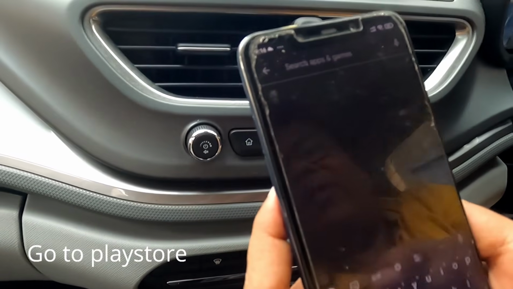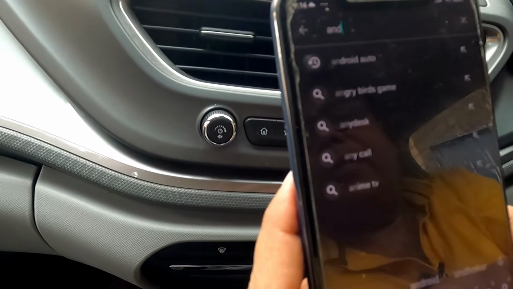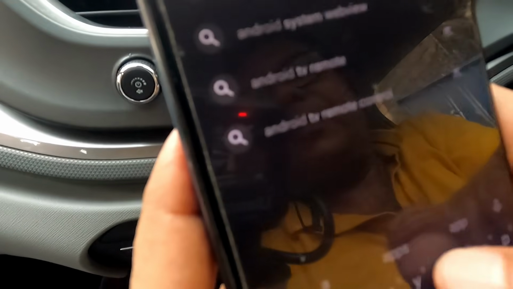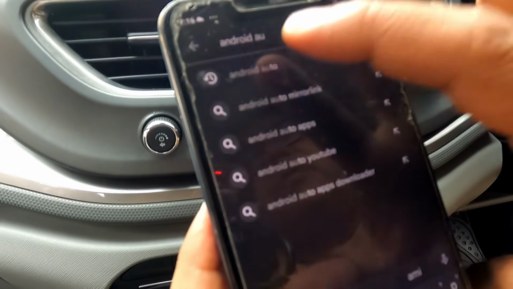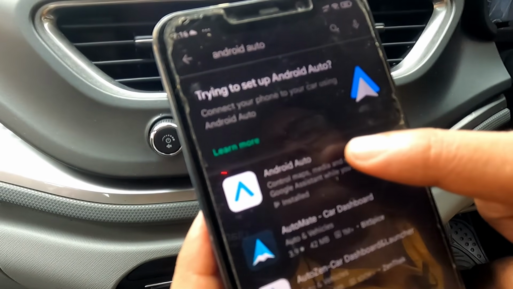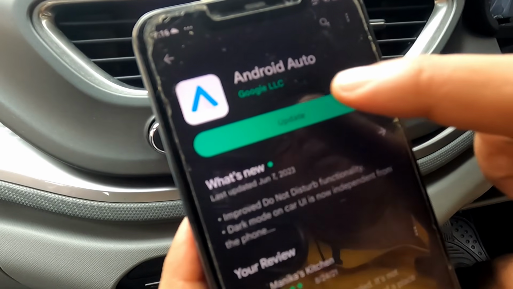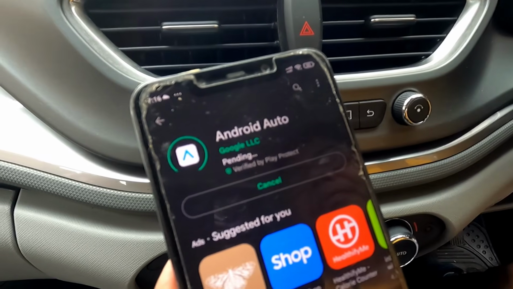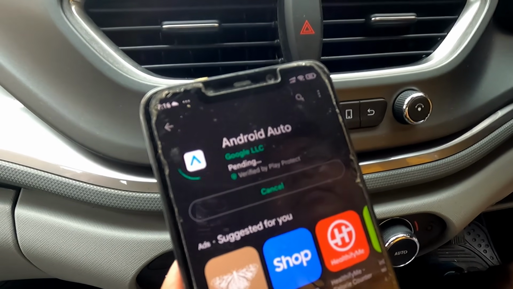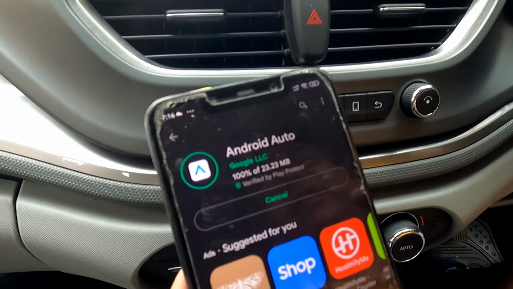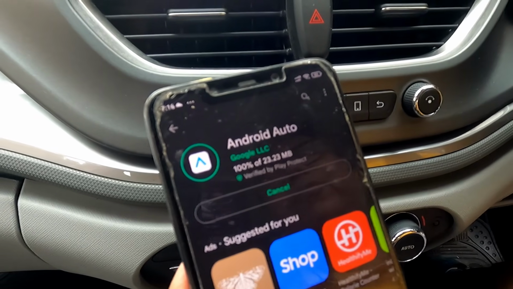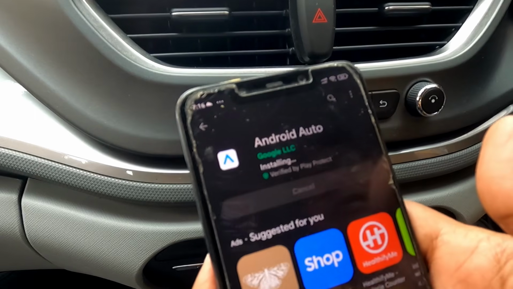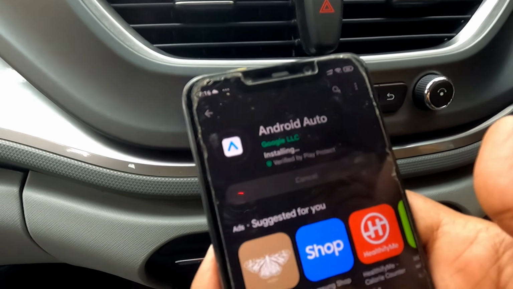Now I will go to Android Auto. Now I will update. It will take some time. Once the update is finished, I will show you how it's installing the updates.